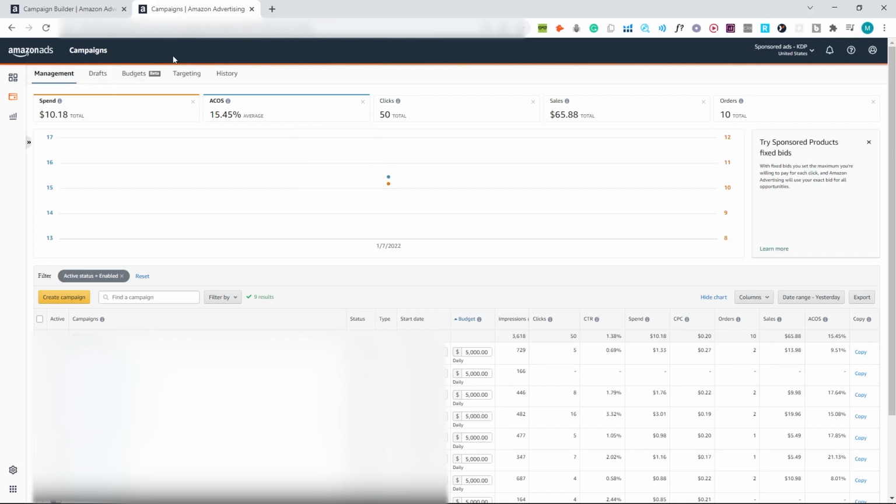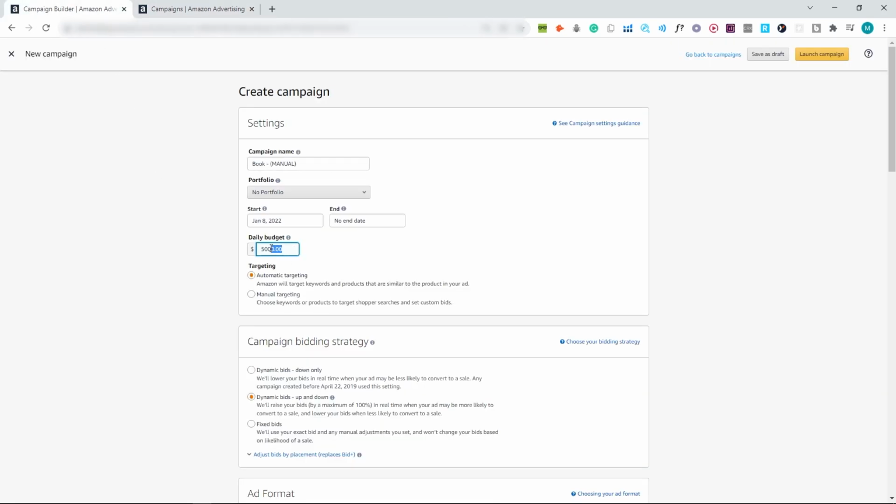But you want to pick a budget that you're comfortable with, and if you're a beginner, you have to start with a low budget and then work your way up as time goes. Okay, so for daily budget, I pick 5,000 just to make sure that my ad, of course, doesn't stop, like I said earlier. And then for the targeting, there's automatic targeting and there's manual targeting. I personally pick manual targeting. It just doesn't spend as much as automatic targeting, and it gives a pretty good ACoS.